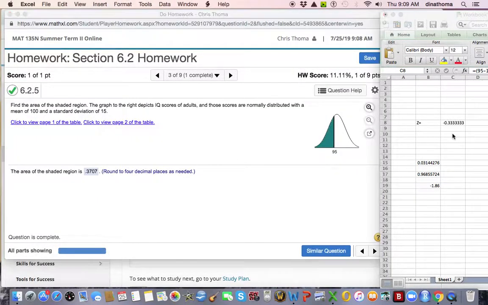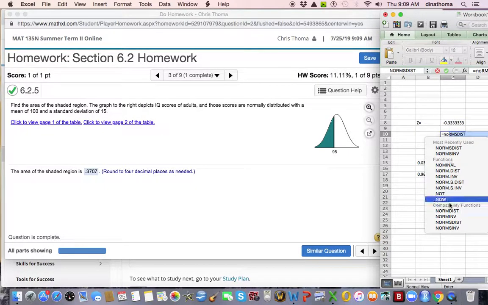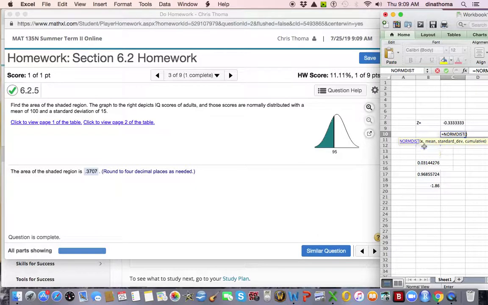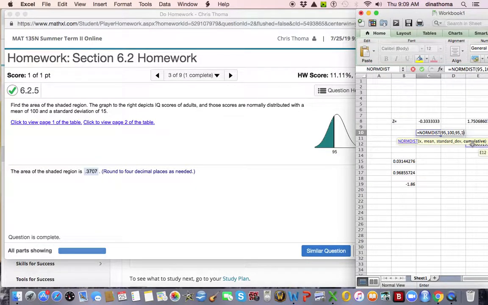If I want to use Excel, I can skip that step because in Excel it's the same thing. It's norm, but you pick the one without the S because it's no longer centered at 0. It's now centered at 100. So I put norm dist. I put in my X of 95, my mean of 100, my standard deviation of 15, and then I always put in a 1 because that means I want the cumulative. And in the continuous world, we always want the cumulative, unlike chapter 5. It equals,